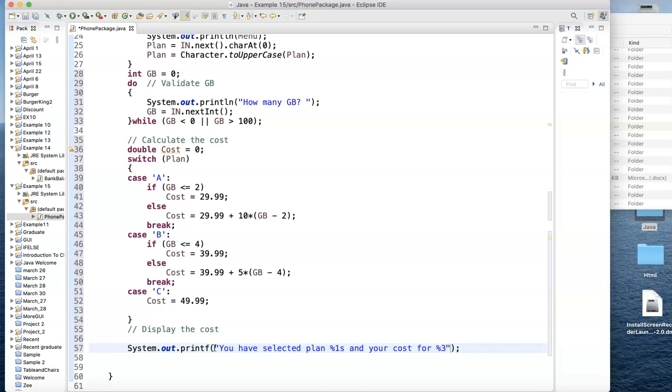Let's use 3. Let me use 1 actually, 1d, because if it's more than 1 digit, remember the machine automatically adjusts. We'll say you don't know what you're talking about, I'll make it 2. Your cost for 1 or 5 or 7 gigabyte will be,